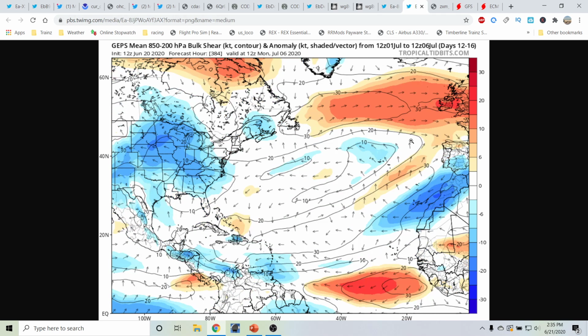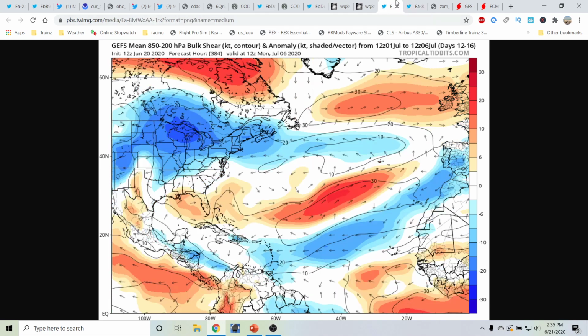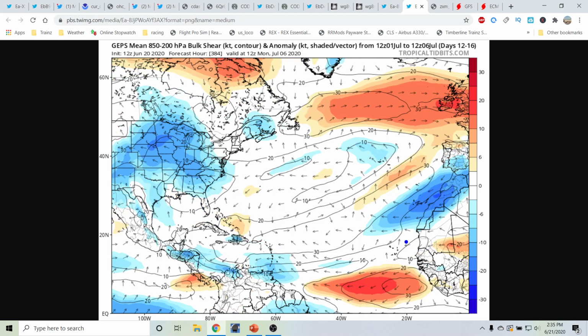And vice versa, this is the GEPS, a different forecasting system here. This is basically just the ensemble guidance once again through the same days. You notice how this area really lessens its area of wind shear over the coming days to weeks. That's going to allow for some potential development. Not a lot of wind shear on this model in the Eastern Pacific Basin, but the main key takeaway is